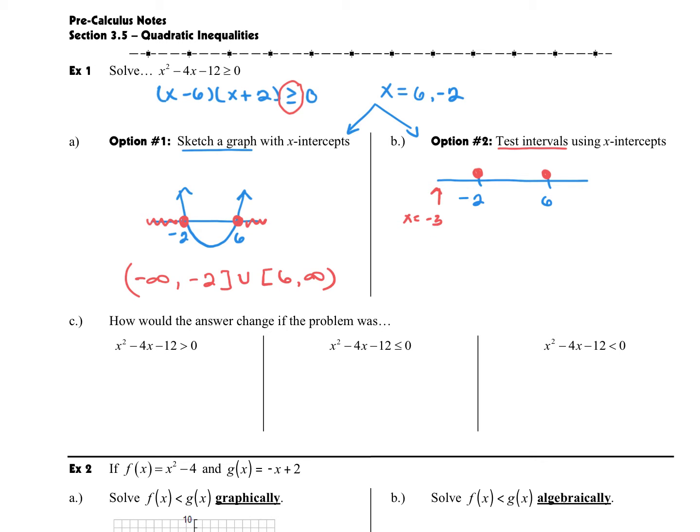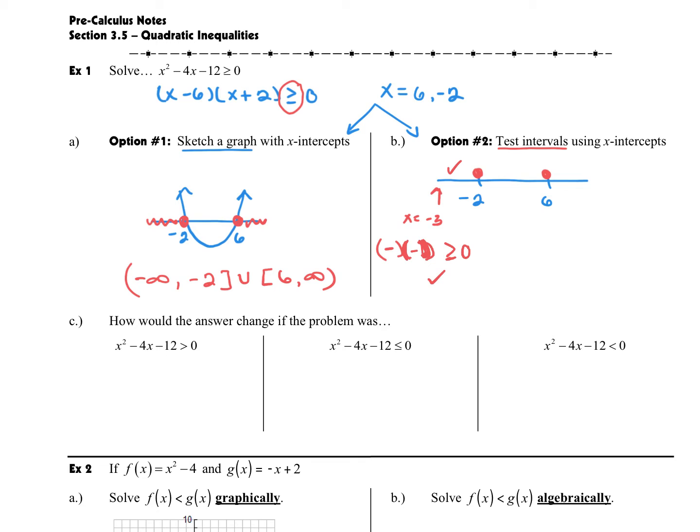So when I put a negative 3 into this factor right here, I'm going to get some negative value. And when I put my negative 3 into this factor right here, I'm going to get another negative value. And of course, a negative times a negative is in fact greater than or equal to 0,